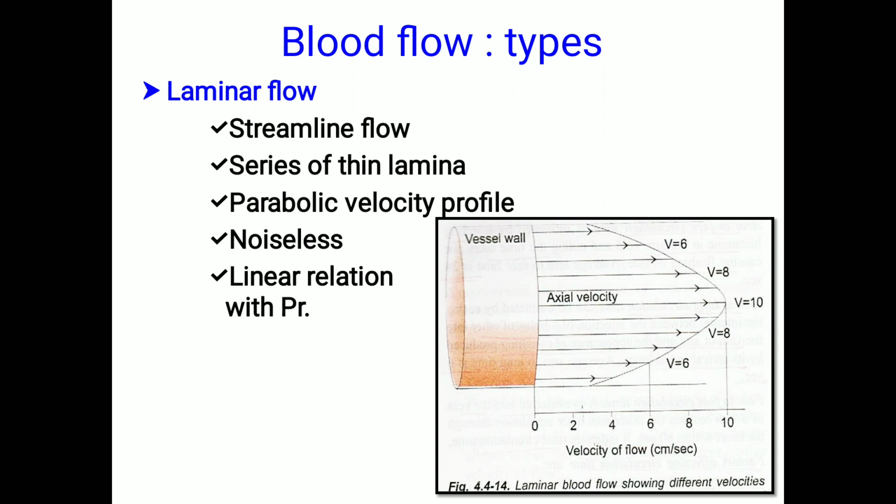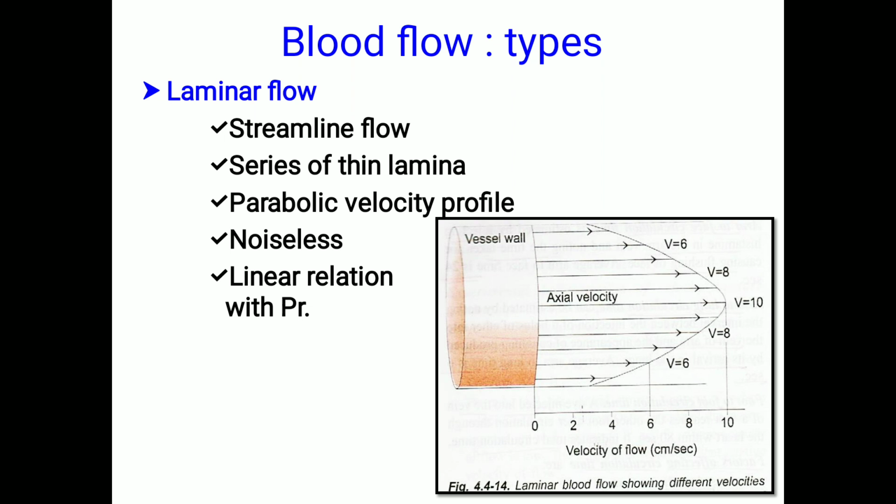How do you apply the turbulent blood flow? This is the concept you look into when you are measuring the blood pressure. When you are measuring the blood pressure, you are applying the concept of laminar and turbulent blood flow. So you are making the blood flow turbulent when you are measuring the blood pressure. When the blood flow becomes turbulent, noise is produced. That noise is caught with a stethoscope. With the help of that, you are measuring the systolic and diastolic blood pressure.